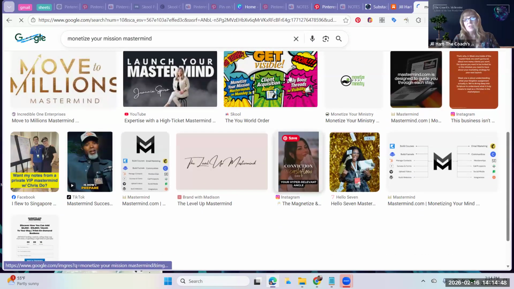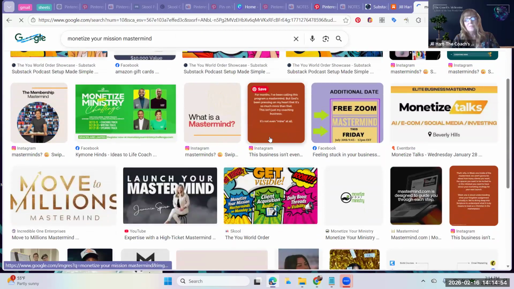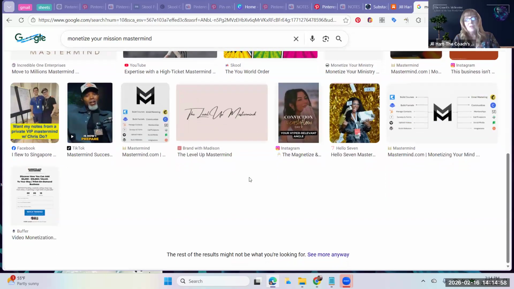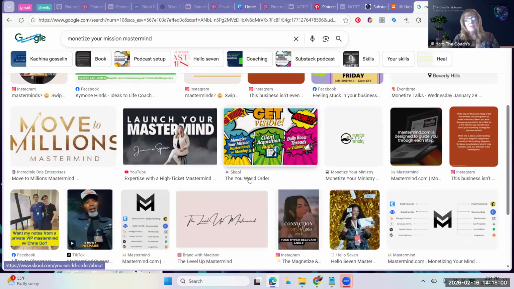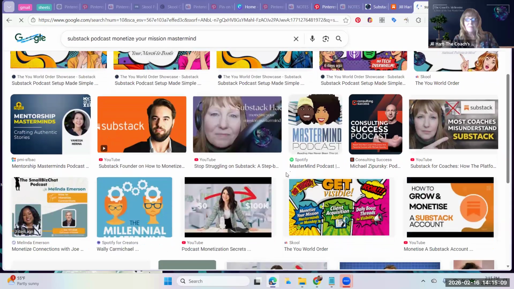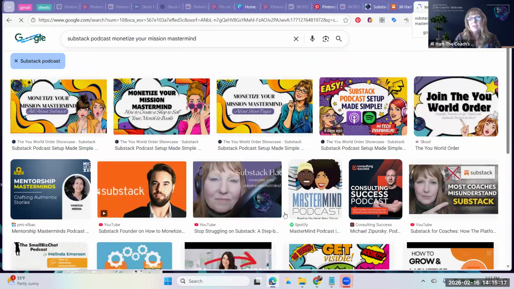See how these images get into Google? And some of these could be pins. They aren't pins here, but this is podcast and Substack. But you get the idea.